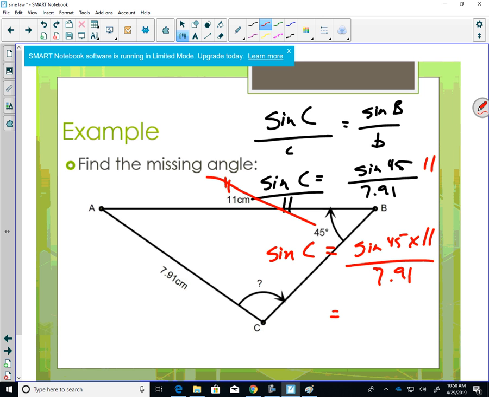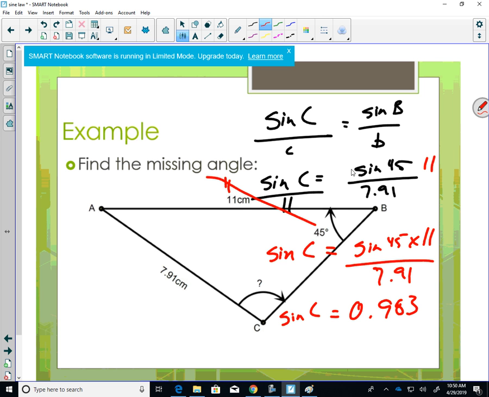And you get 0.983. Do not clear your calculator. You guys have got to get out of that habit. Somewhere along the line you've been taught that. Do not clear your calculator. That, my friends, is not the angle. That is the